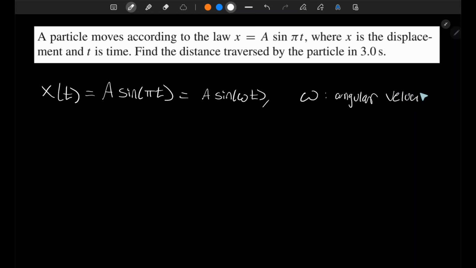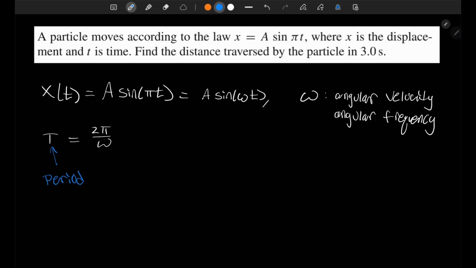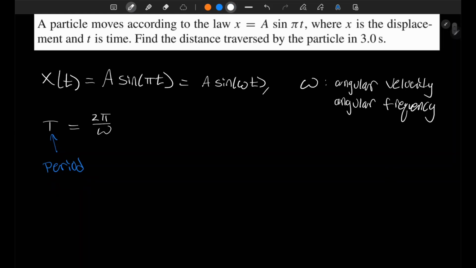velocity or the angular frequency. It's known as either. And the reason that we care about what this omega is is because we have the relation that T, the period, is equal to 2 pi divided by omega. So here, this is the period, which is how long it takes for this x to go one complete